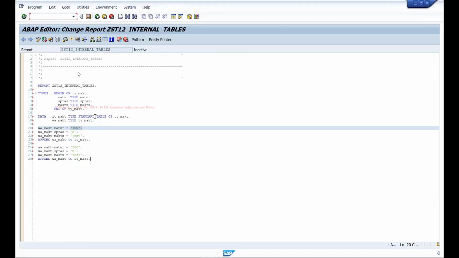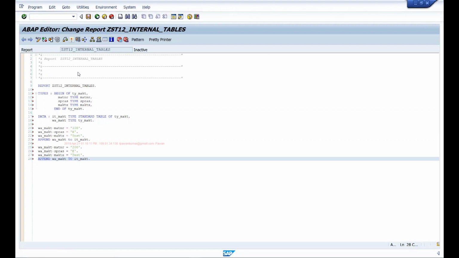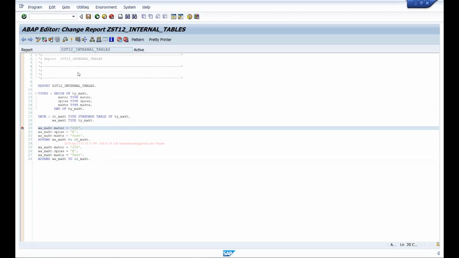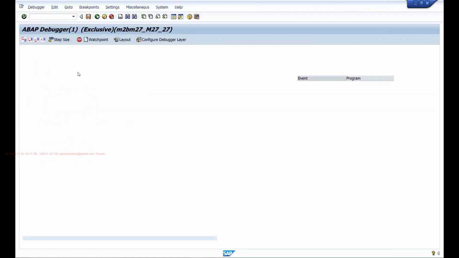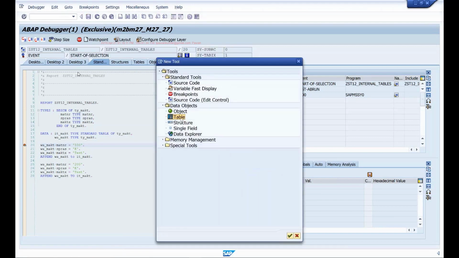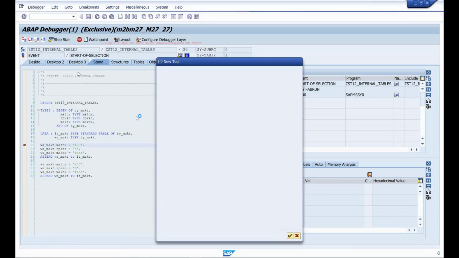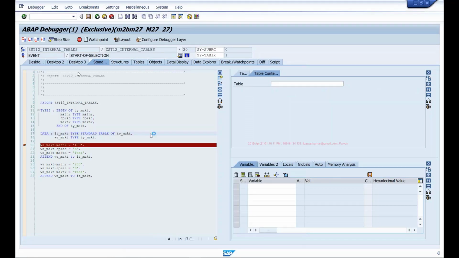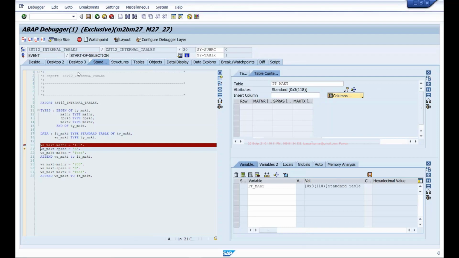If you want to see this in debug mode, so if I look at ITMAKT, the moment I add a record to this internal table, you can see it is generating something called an index, saying that the first row is this, and then when I add a second row, it will say second row is this.